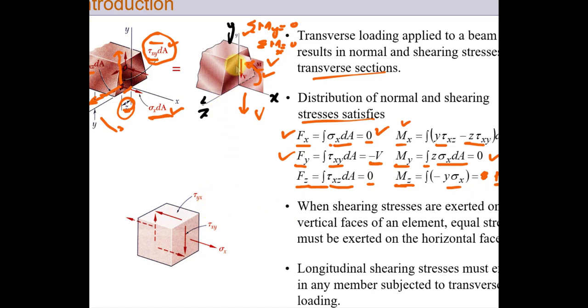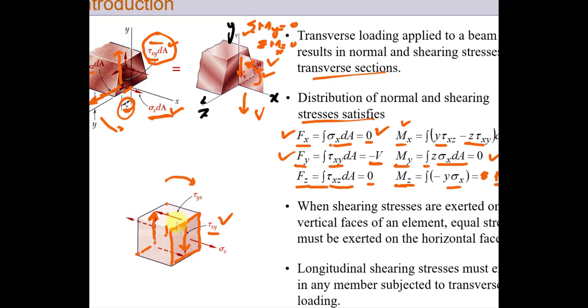Now you can see there is a shear force acting on this face, and this shear force is given over here, and that is tau of xy, because this plane is the x plane and this shear stress is acting in y direction. Now there is a shear stress on this face, so obviously there will be a shear stress on the other side of the face. Clear? And you can see that this force is upward and this shear force is downward, so it tends to rotate this section in clockwise direction.